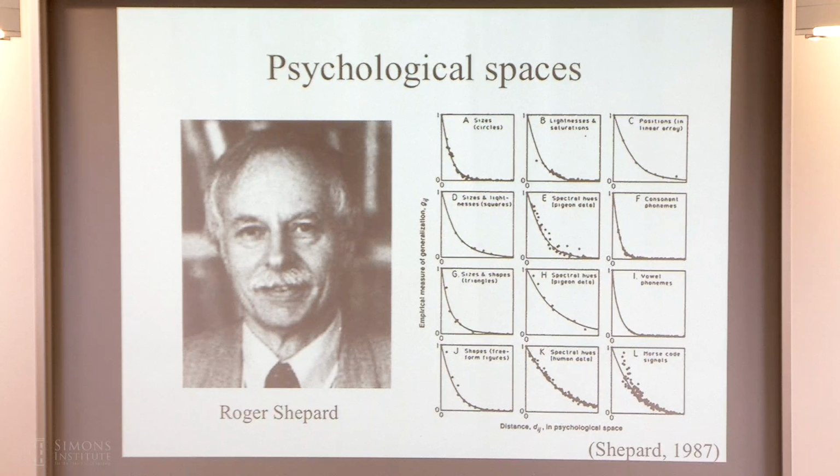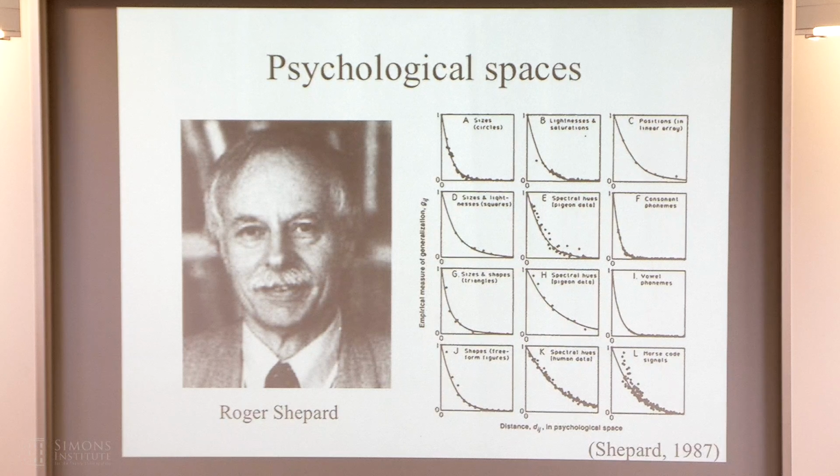So one popular historical proposal was made by Roger Shepard, which is the idea that you could think about similarity just as something which is a decreasing function of distance in a psychological space. So the idea is that the way you're representing cats and dogs is, you have continuous features essentially. Each cat is a point in this continuous feature space. Each dog is a point in the continuous feature space. And when you see a new thing, you're measuring similarity based on essentially an exponentially decreasing function of distance in that space.